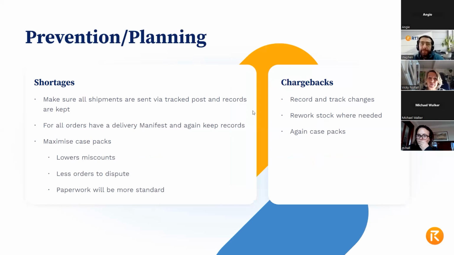So on the prevention and planning, I've gone into this a little bit. Shortages for the stock: make sure that you understand where your stock has gone and know that it has gone in. If you're able to see what has happened exactly, you'll be able to know when that stock has gone in, and say that stock has arrived within certain timeframes and windows. Just being able to track all of your deliveries and have things like your case pack aligned, while you'll never get to a point where you reduce shortages and chargebacks to nil, for a couple of reasons.